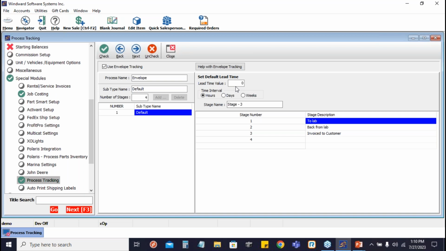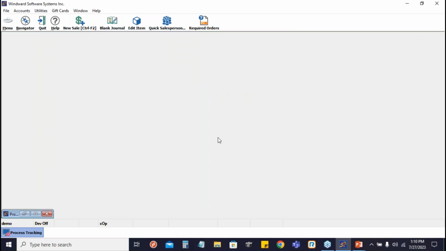And take note that it is always recommended that you close System 5 after making changes to the setup. Reopening the software ensures that the new settings take full effect. So once you're done setting this up, you need to close this setup wizard. I'm just gonna minimize because it takes time to close. And then you need to log out of System 5. So let's say I've already logged out and logged back in. Now